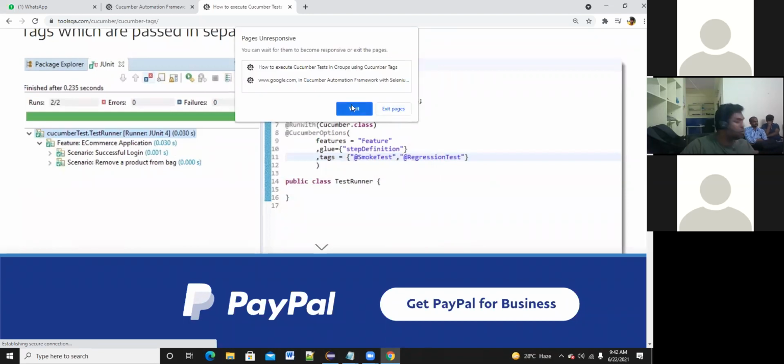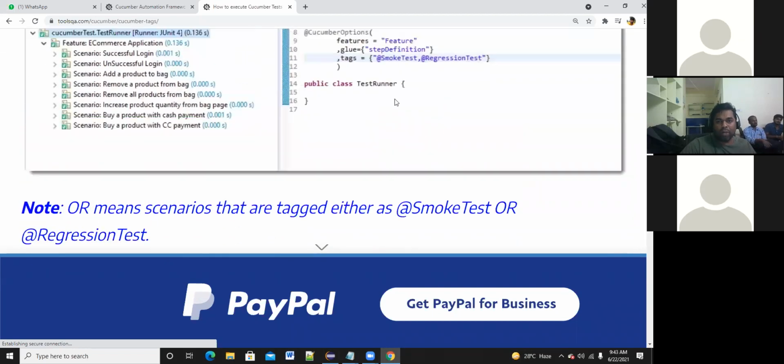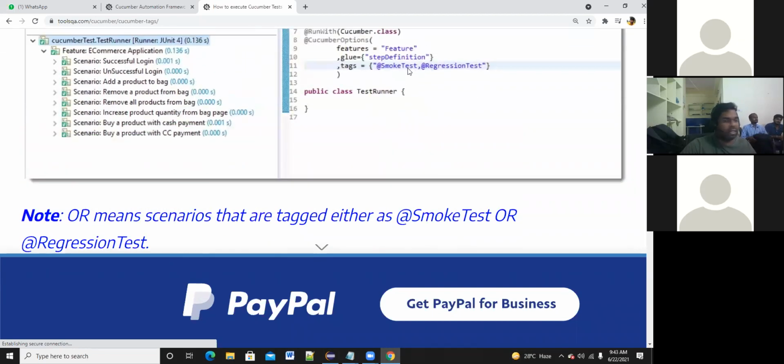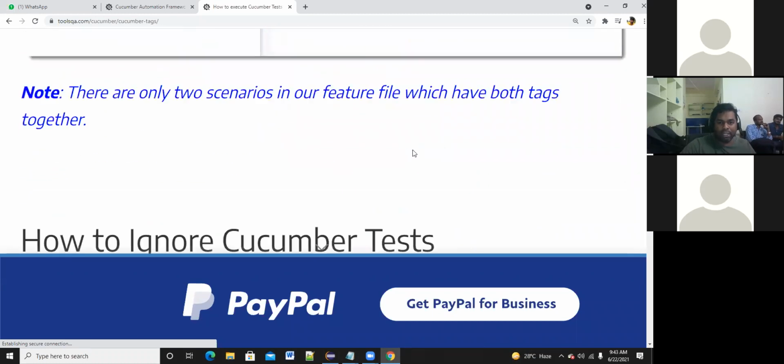executed. So in the interview, people will ask, I have 100 feature files. I want to execute 10 to 20 feature files. What is your approach? So you have to tell, for those 20 test cases, I will give some group name, and in the tag section, I can specify that group so that it will be executed. That's it. Okay. So you have to understand the difference between OR condition and AND condition. So that's it. So now let's go to the next point.